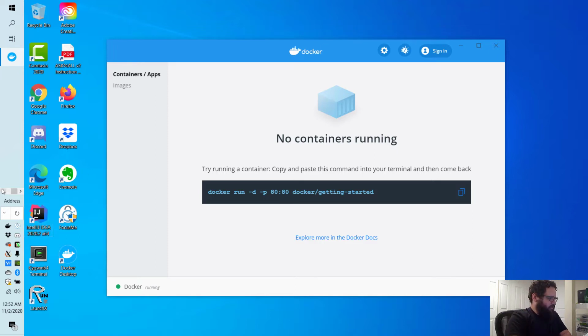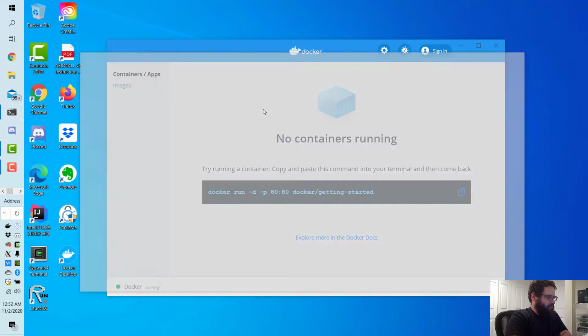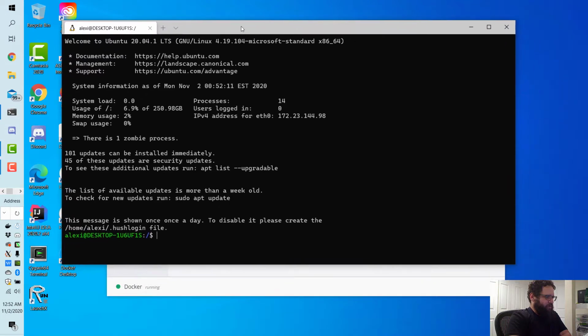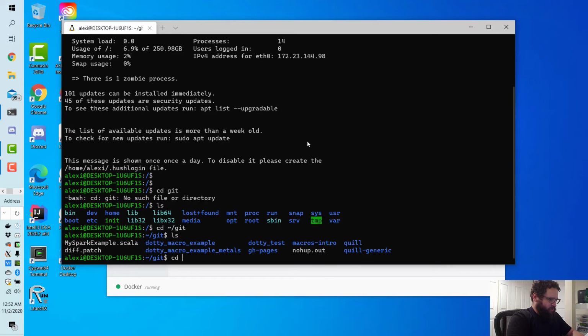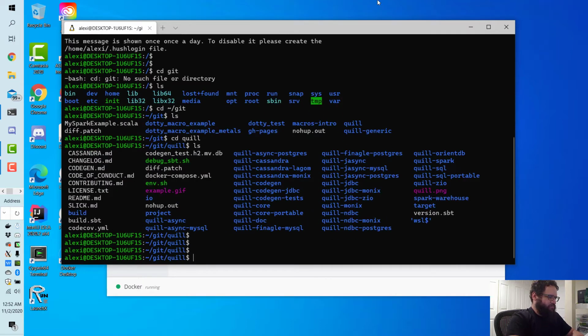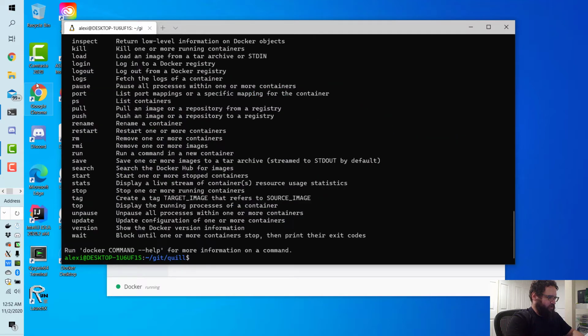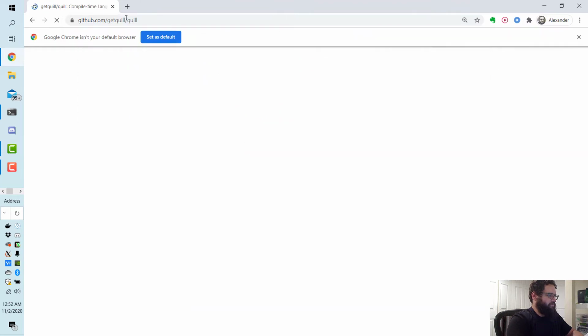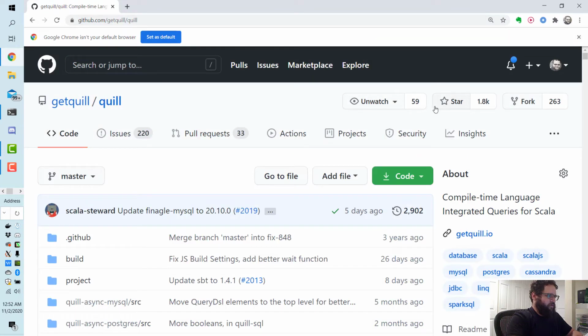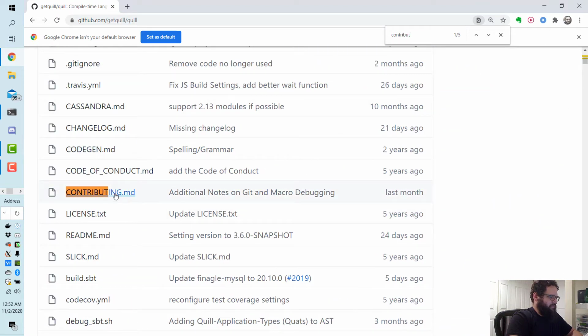So let's open up WSL and let's see if we can get this thing running. So let's see Docker. Oh, there it is. So if you go to this computing.md file,